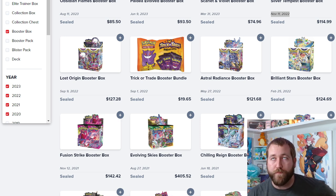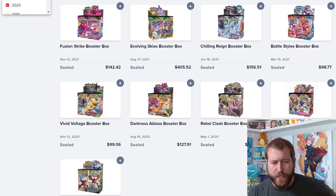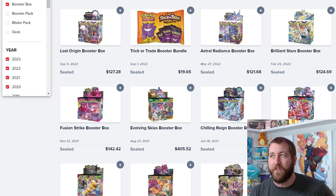Battle Styles, I believe, was 4 cases. Vivid Voltage was 2 or 3 cases. Darkness Ablaze was a couple cases. And I do have some amount of a couple of these that are coming back from Troll and Toad Evo. Once it's all said and done, I should have